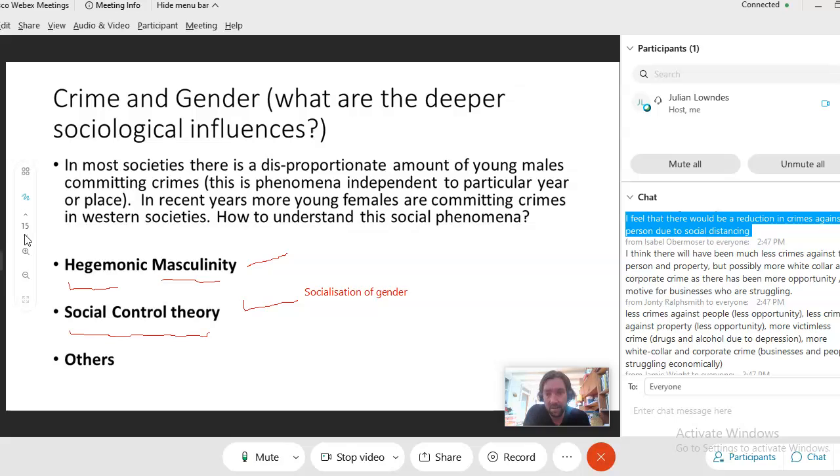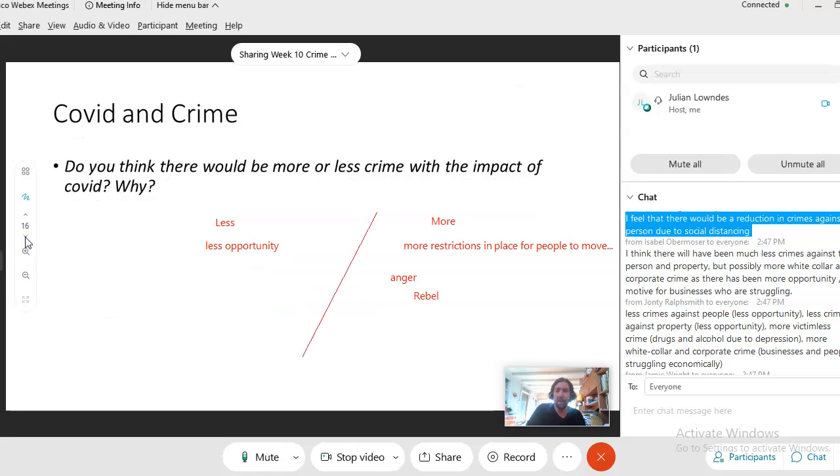And perhaps this is an influential factor in explaining these statistical numbers across periods of time and also in different societies. Okay, so then we got on to thinking about, well, we've been looking at crime and statistics, and obviously a huge event has happened this year and it's shifted social interactions and had rippling effects on every aspect of society. So, what is the impact of COVID restrictions on crime?